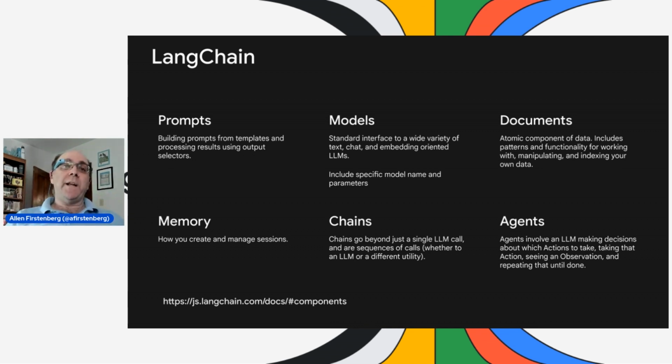It also likes working with things that it calls documents. And this allows for an atomic component of data. So basically taking web pages, PDF documents, and so forth, and breaking them down into smaller chunks that the AI may be able to better work with. Especially when we're dealing with things like conversational AI, where there's a back and forth, we also need something that's known as memory to store those historic conversations, to store the context that the user is giving us so far.